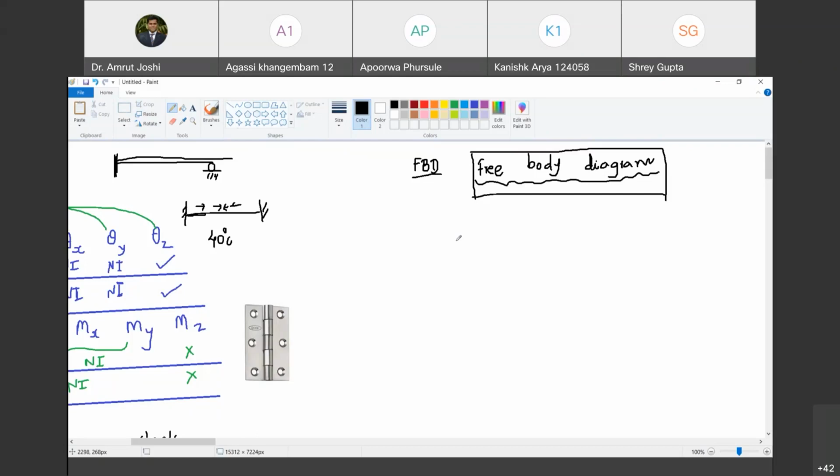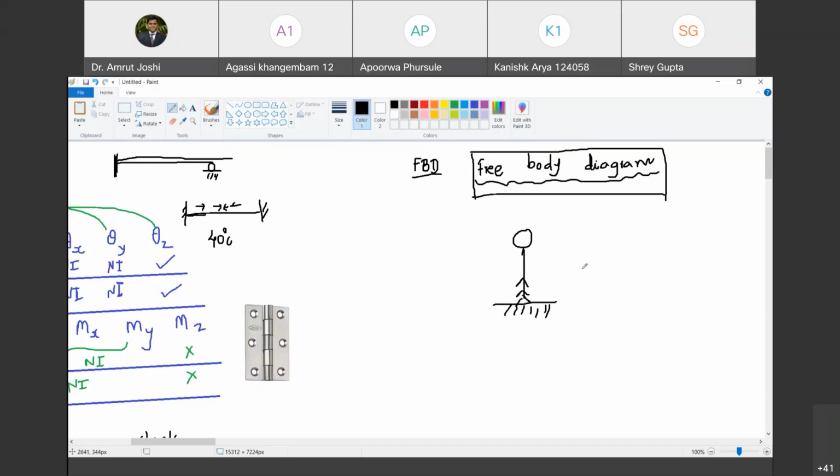Are you with me? So what is a free body diagram? Free the body from all external agencies and show what the external agencies must have been doing. Happy? Okay, so we have understood now the free body diagram. So in this context, let us imagine that a person is standing on the ground, and I were to draw the free body diagram of the person. So how do I draw it? Free the body from all external agencies. What all is external here?